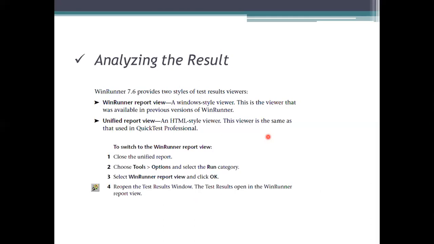Here, unified will be used for QuickTest. QuickTest means only the key points, and among those, the ones considered maximum or important will be specified. Whereas WinRunner allows only the window-based representations.